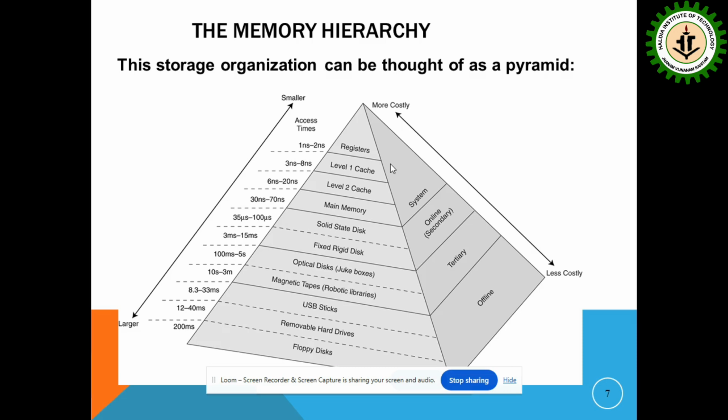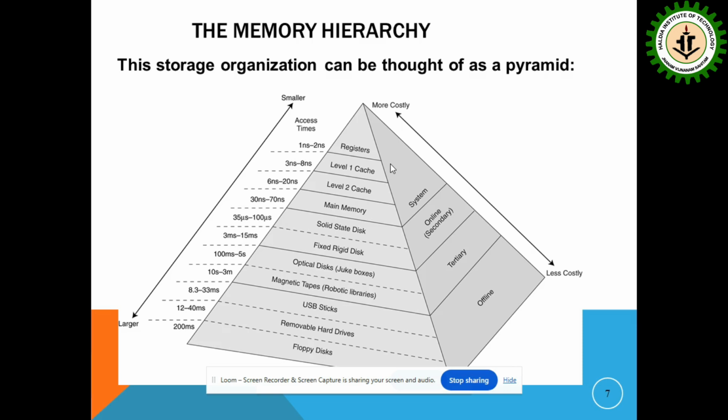The size is a little higher than the previous ones and they are a little less costly than the higher one. Then there comes the optical disk, which has an access time of 100 milliseconds to 5 seconds, and magnetic tapes, which have an access time of 10 seconds to 3 minutes, which can be called tertiary memories and which are a little far more